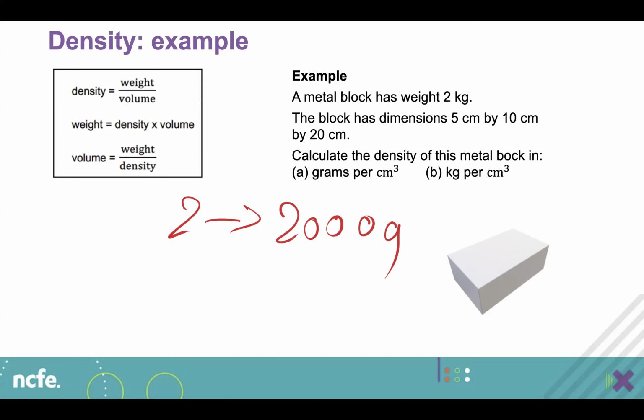To work out the density, it is the weight over the volume. The volume is 5 times 10 times 20, which equals